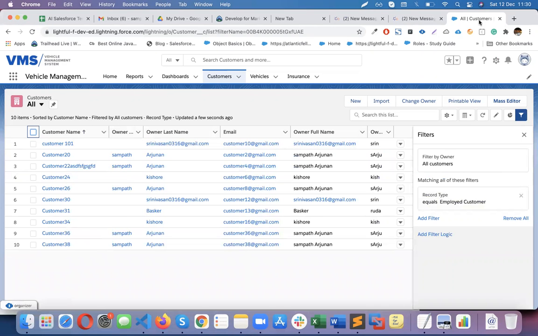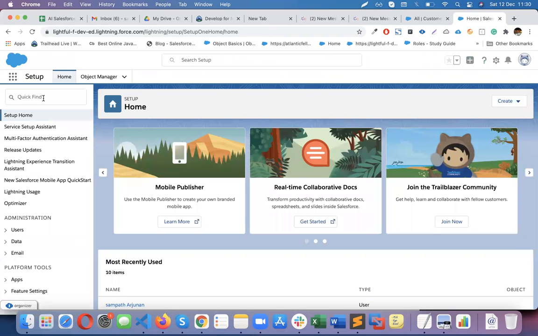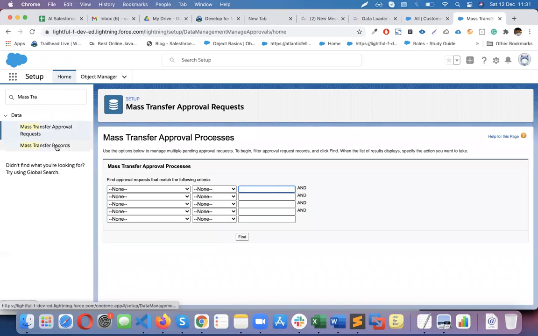So what else can we do? What are the other ways? As an administrator, we have other options. If I go to mass transfer, there are two options inside the data: mass transfer approval requests and mass transfer records. Now if I click on mass transfer approval requests,